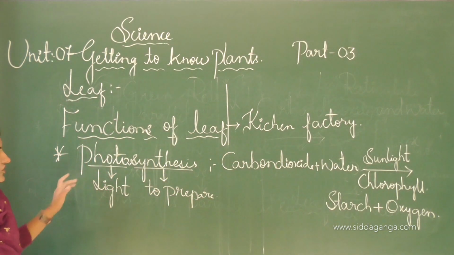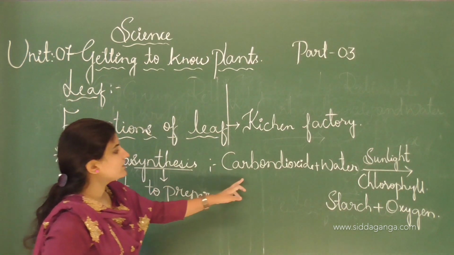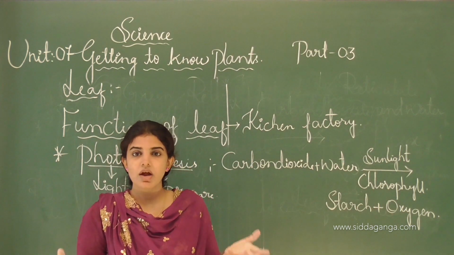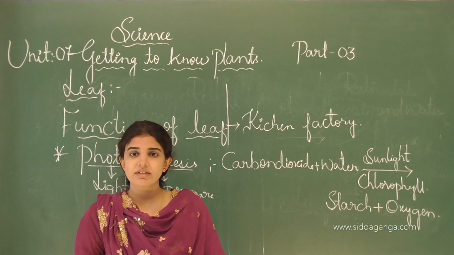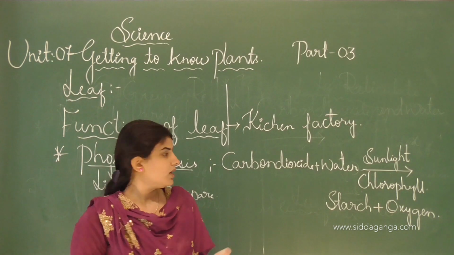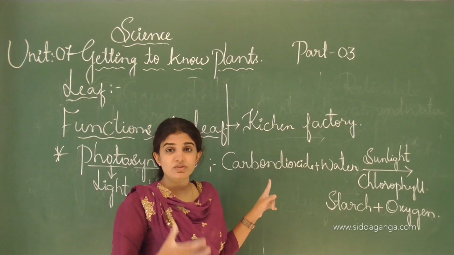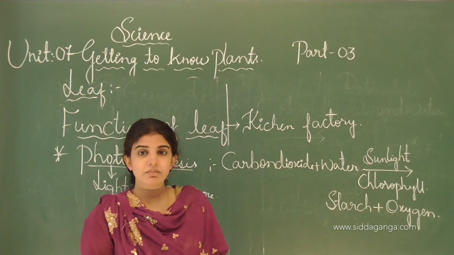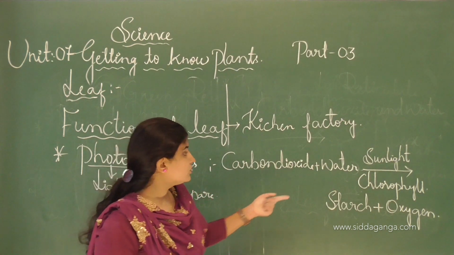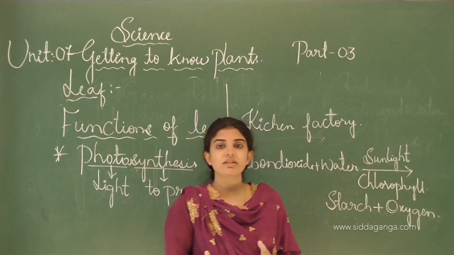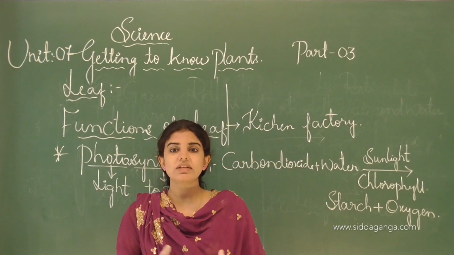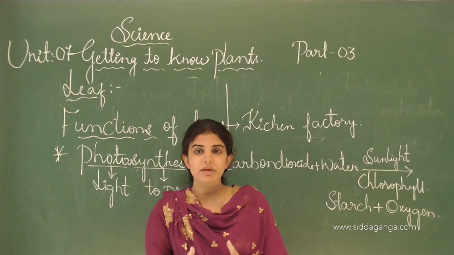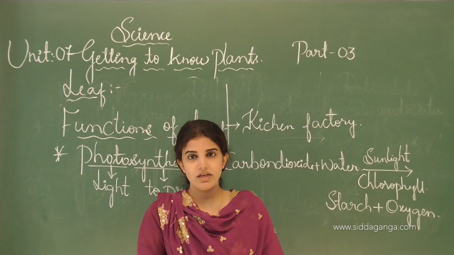The definition of photosynthesis: carbon dioxide is present in the air. Various types of gases are present in the atmosphere, like oxygen, argon, carbon dioxide, and many more. This carbon dioxide is utilized by the plant, and the water present in the soil is taken out by the plants, using the sunlight. Sunlight acts as the ultimate source of energy for all living organisms. And chlorophyll is a type of pigment. Pigment is nothing but the color of the leaf.